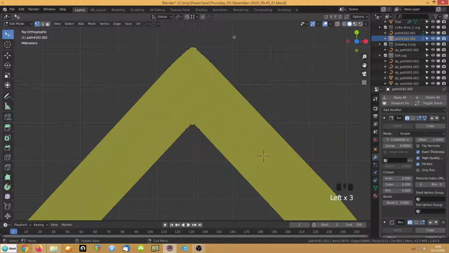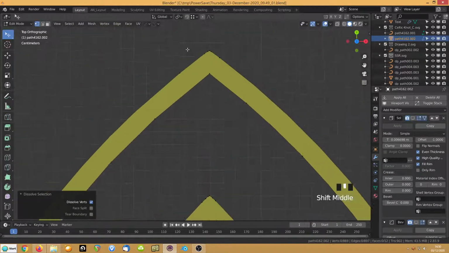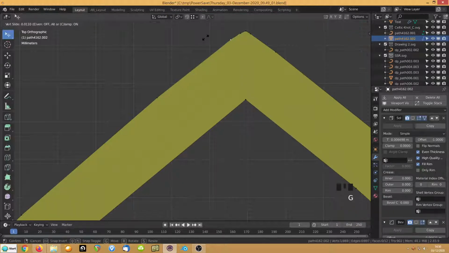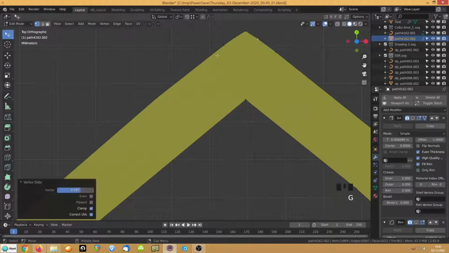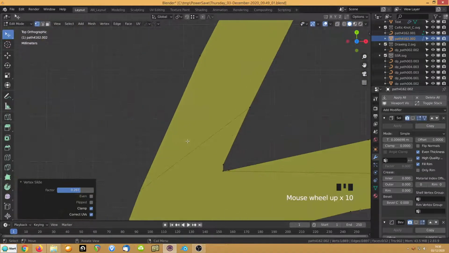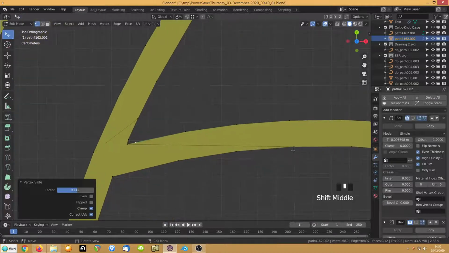I'd be more on point. And the same here. Drag them away a little bit using G, so it pulls away using the normal. Again, G, G, and once again,